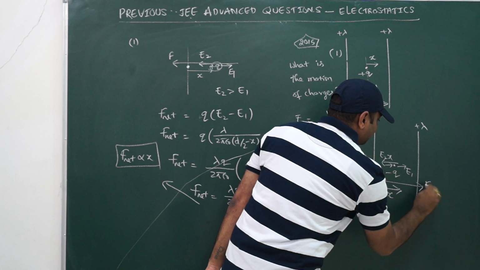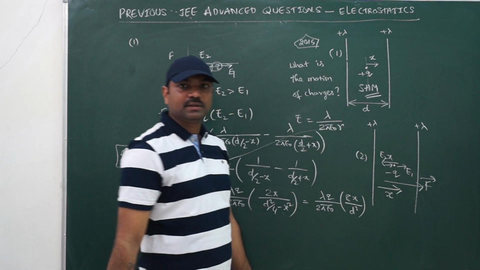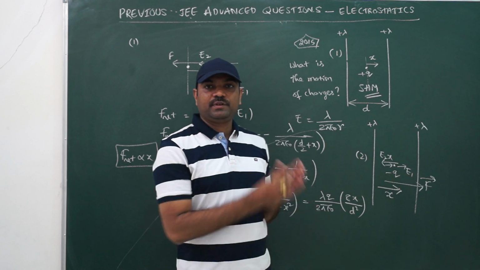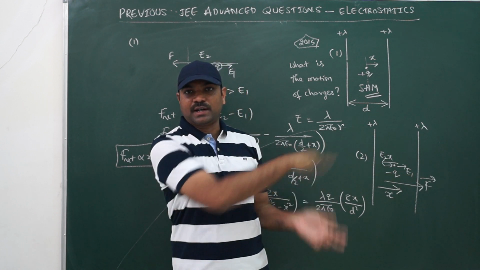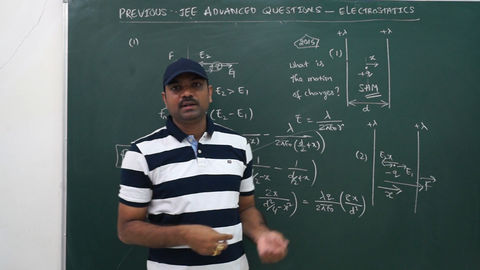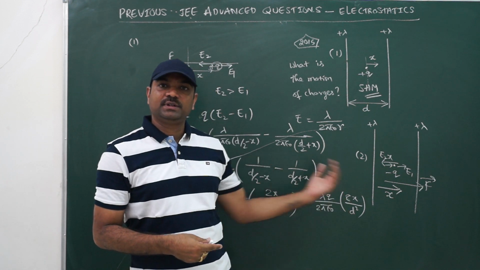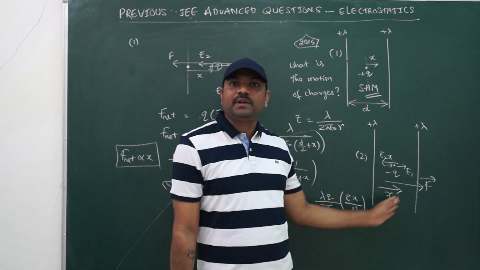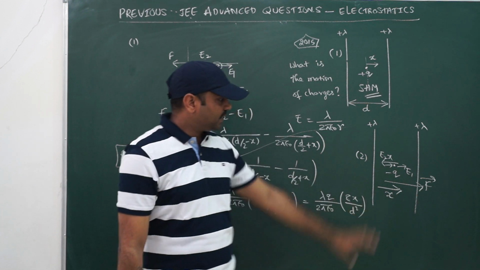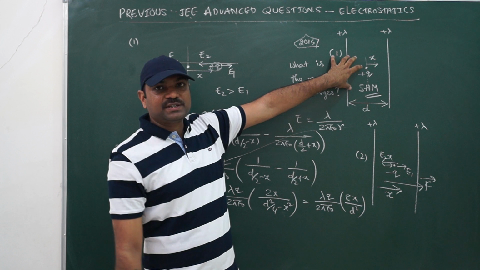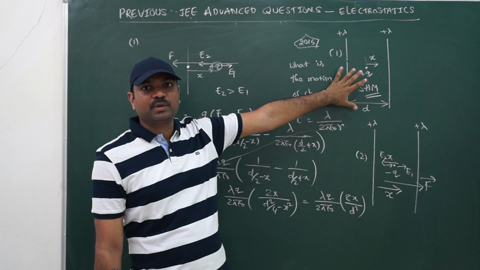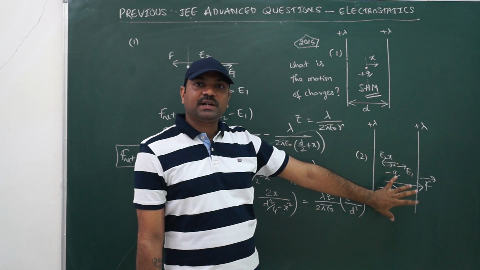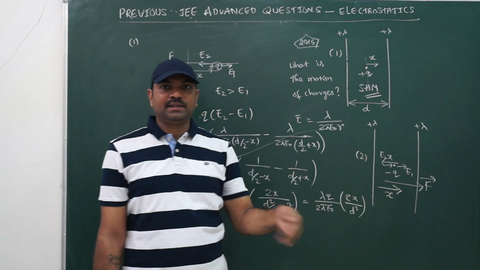The displacement and force both are in the same direction. Then the negative charge will move in the direction of the displacement. If you displace it towards the right and release, it will travel in the rightward direction, it won't come back. If you displace it in the leftward direction and release, then it will go in the leftward direction only. So it will continue in its motion in the second case, whereas in the first case it will oscillate in simple harmonic motion. Positive charge oscillates in simple harmonic motion, negative charge will continue its motion, okay.